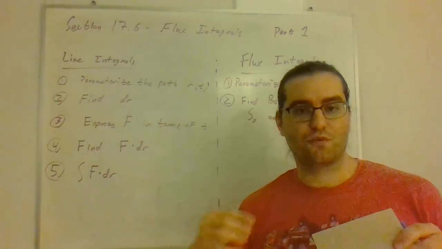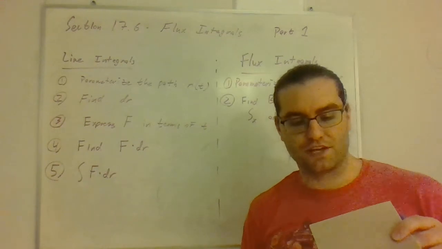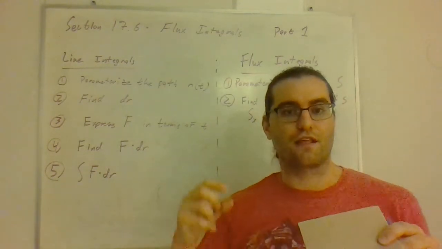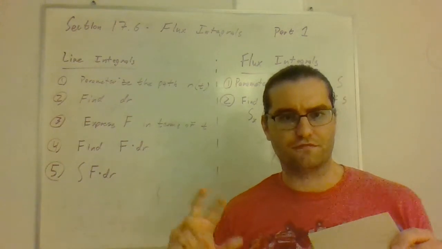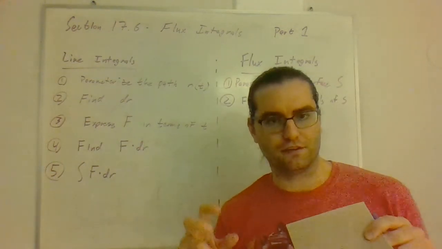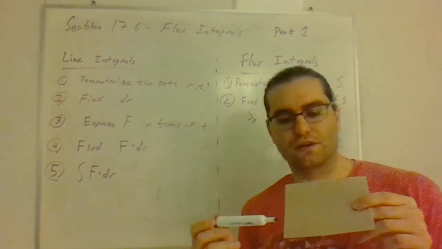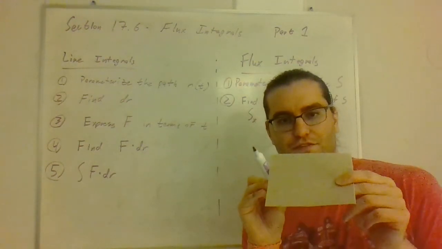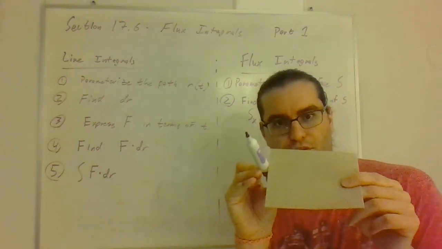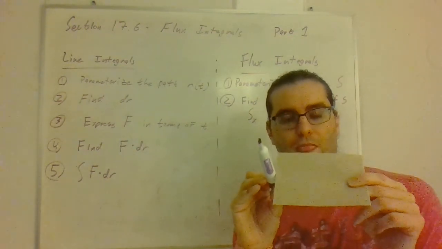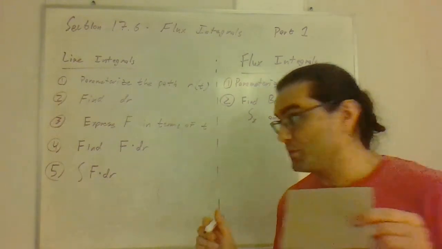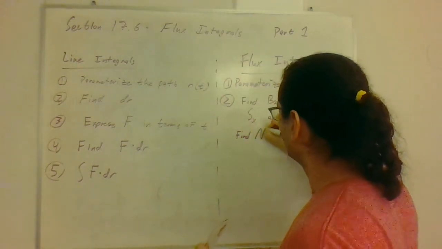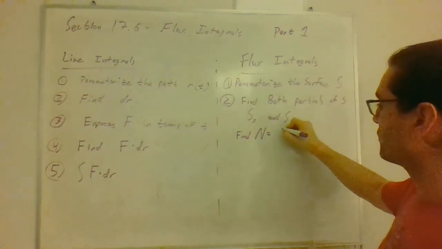So the vector that we want to use to represent things going through the surface, we want to get the normal vector. Normal is a fancy geometric word for perpendicular. We don't want vectors going along the surface this way or along the surface this way. We want them coming out of the surface, through the surface, perpendicular to the surface. And the way we get that is we have to take the cross product